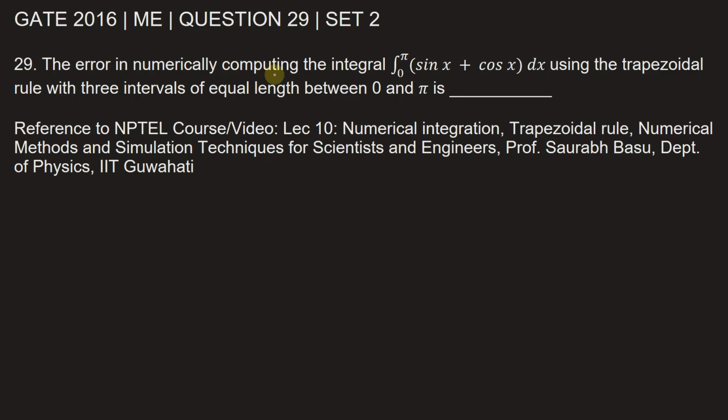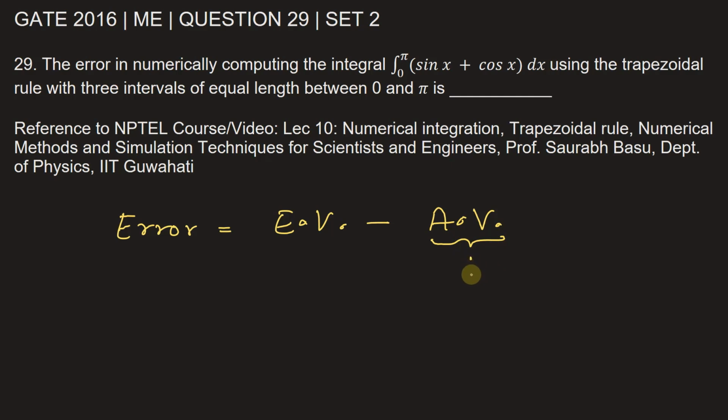The error in numerically computing the integral from 0 to pi of (sin x plus cos x) dx using the trapezoidal rule with 3 intervals of equal length between 0 and pi is, so the error is equal to the exact value minus the approximate value. The exact value we can calculate by directly integrating this function, and the approximate value can be calculated